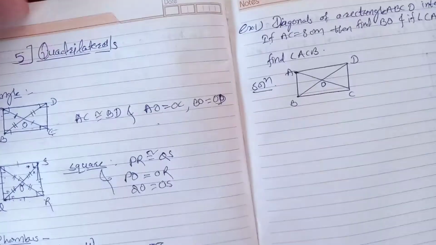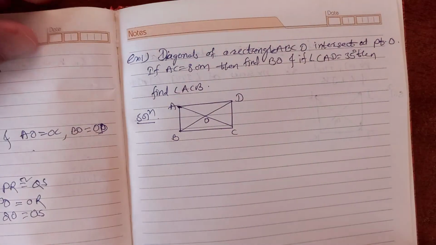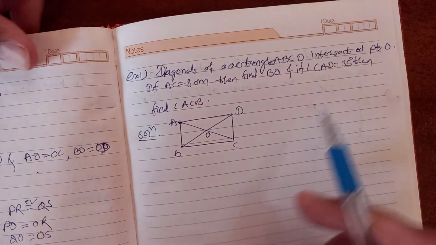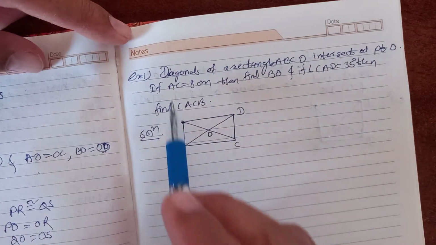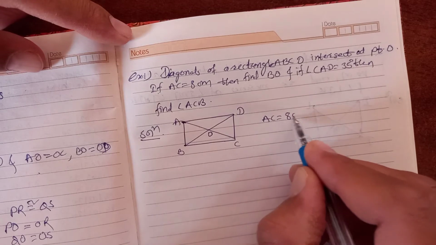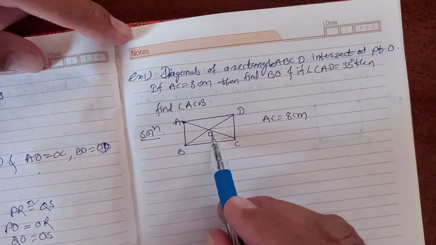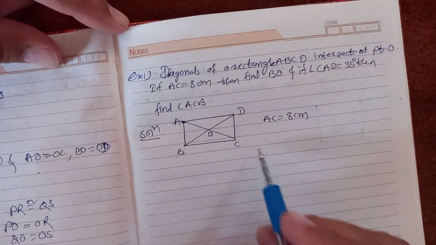Now see here, the first question. Diagonals of rectangle ABCD intersect at point O. AC is equal to 8 centimeter. Then you have to find BO. So which property do you have to use here? Now we know